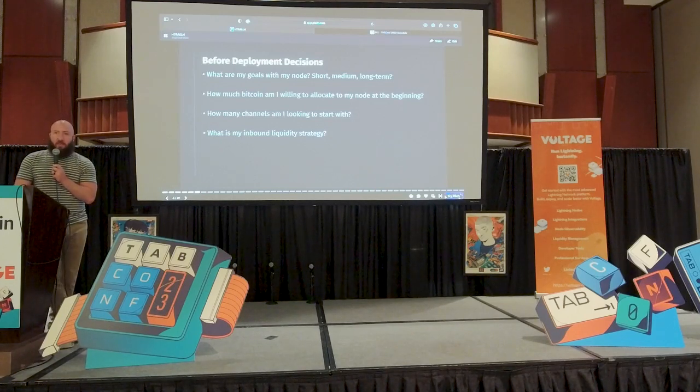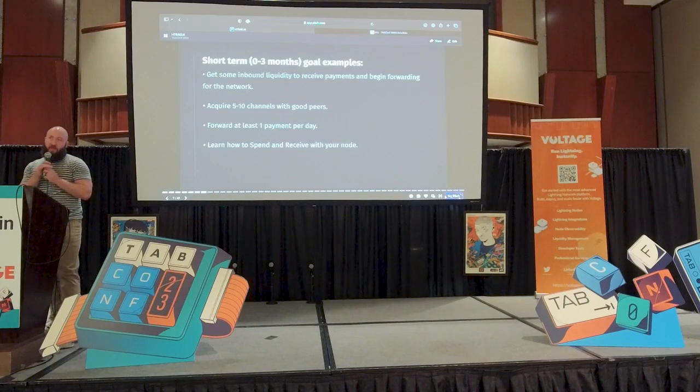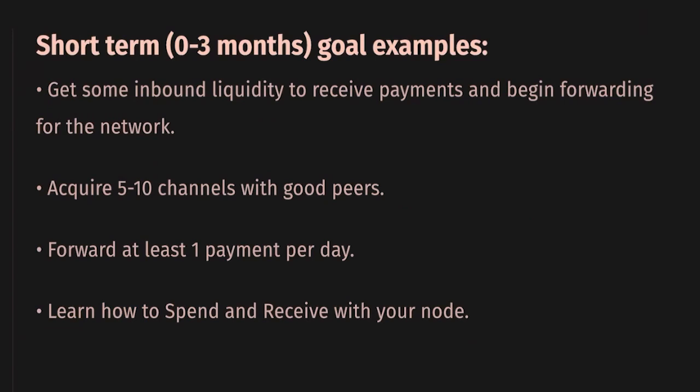And then there's channels. Channels are interesting. We're going to be talking about it, but you want to decide how many channels you want to start with, and then your inbound liquidity strategy. So here's some examples. Those that want to start don't have to do all of these, but here's just some